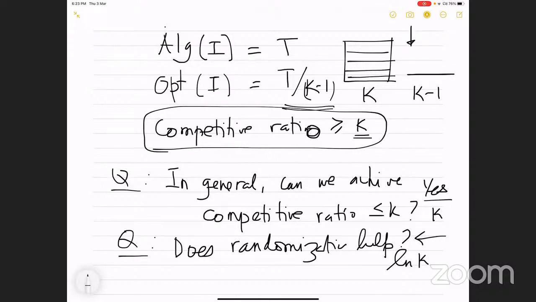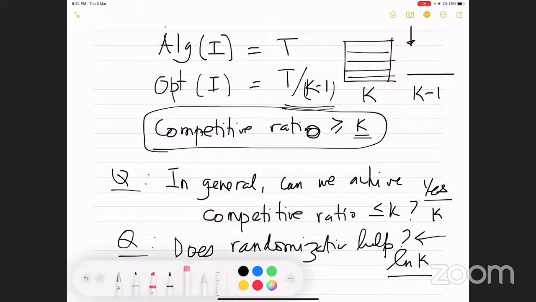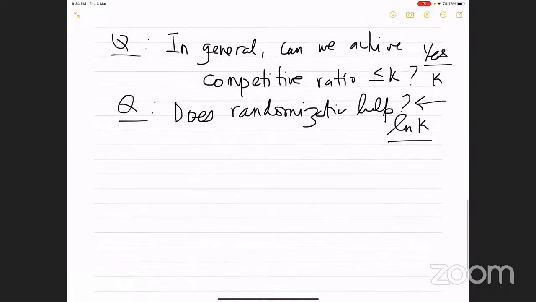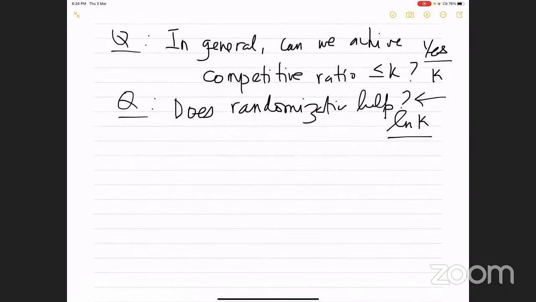And the reason is that if you allow me randomization, somebody who's trying to design a worst case input for me would not know how I will behave. So there's a limitation of how bad things can get for me. That's why you often see a huge improvement when randomization is allowed. Any questions? Okay, so let me show you both of these things quickly, and then I will go over what other problems people consider here and what the techniques are.